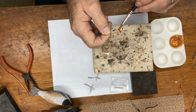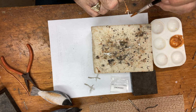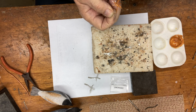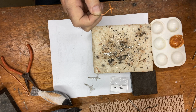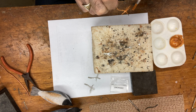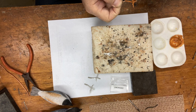On the underneath side, I want to get everything coated. Okay, so we're going to get this coated pretty good. And you want to get all of the white turning, and if there's any silver of the casting still showing, you definitely got to cover that. So what I usually like to do is I'll paint this. I think I've seen something that I missed,